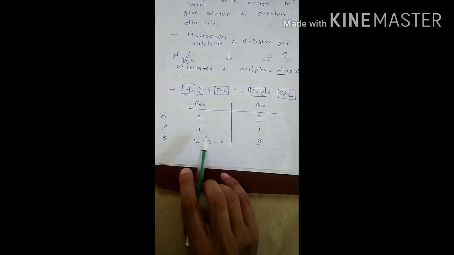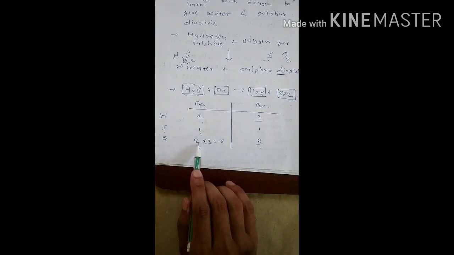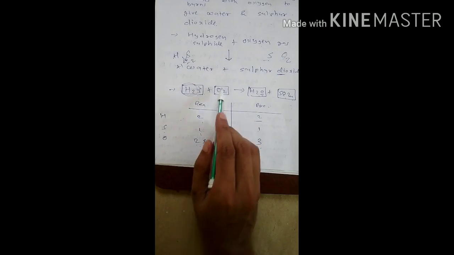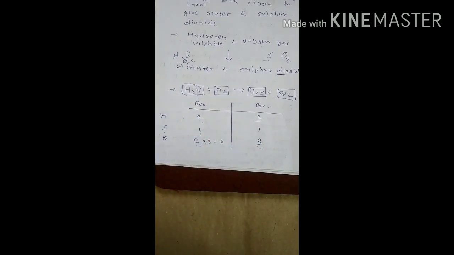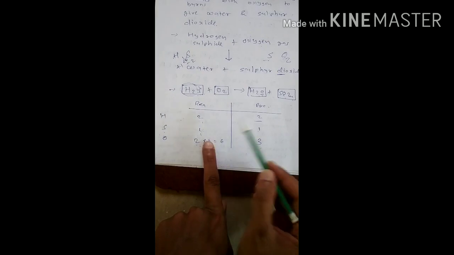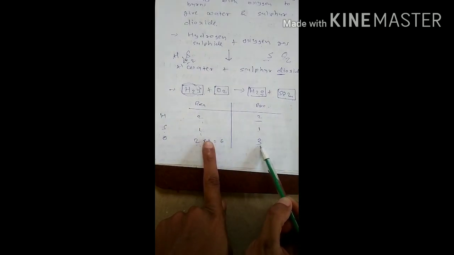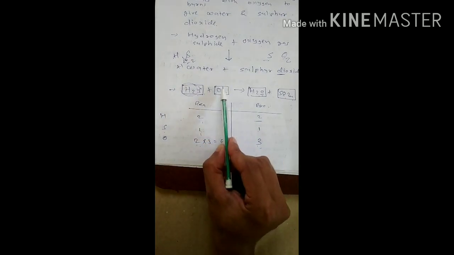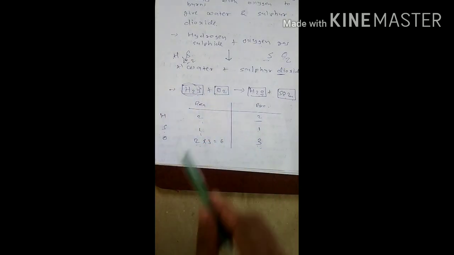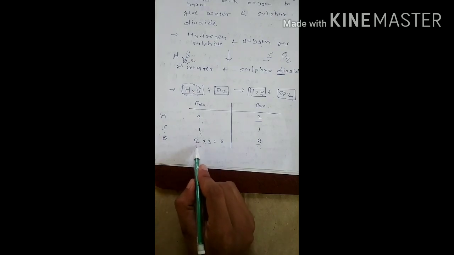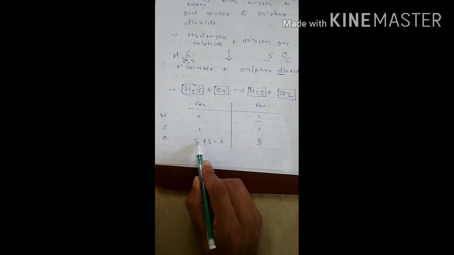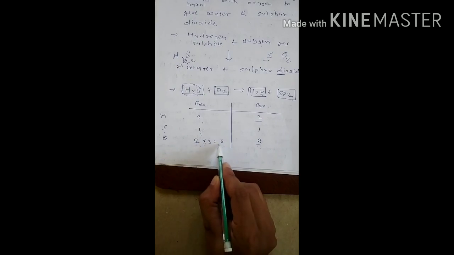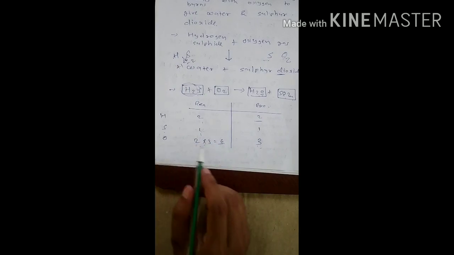So I have to make some changes on the reactant side in the oxygen atoms, because oxygen is 2 here and oxygen is 3 on the product side. So I am multiplying this oxygen by 3. So I can get oxygen atoms 6. Okay,